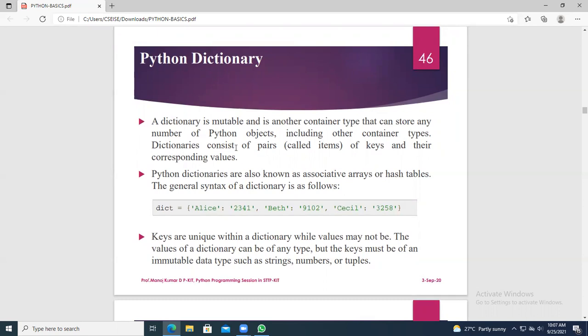But a dictionary consists of items that are not single items; each is a key-value pair. In that pair, first you have the key and next you have the value.